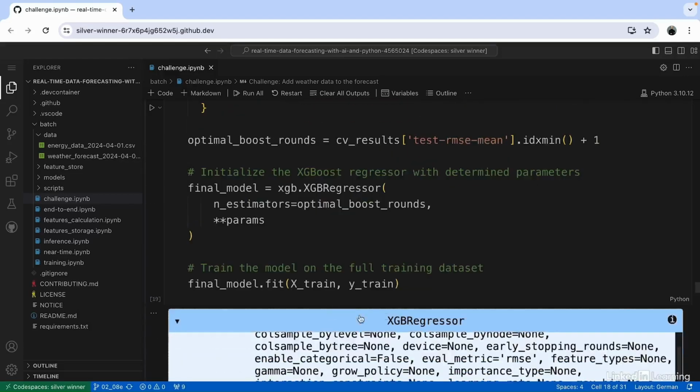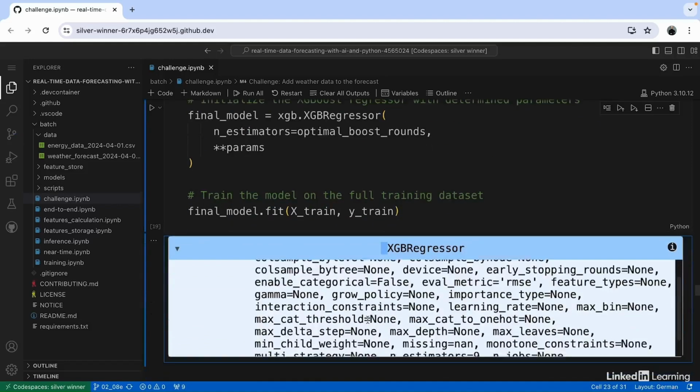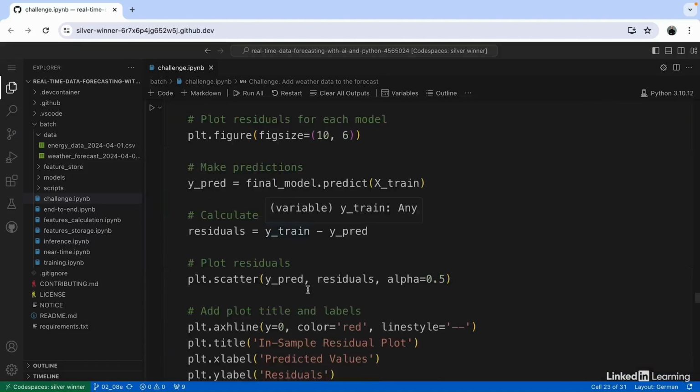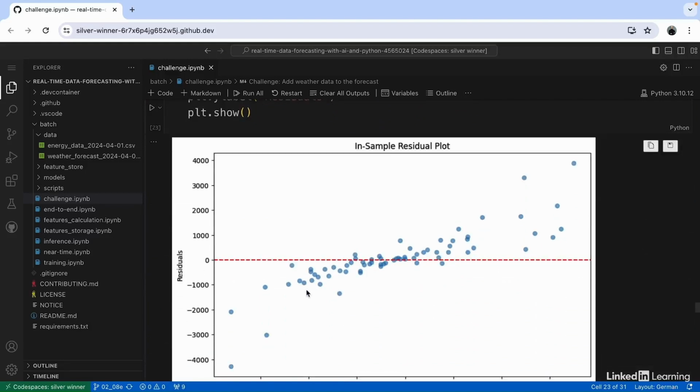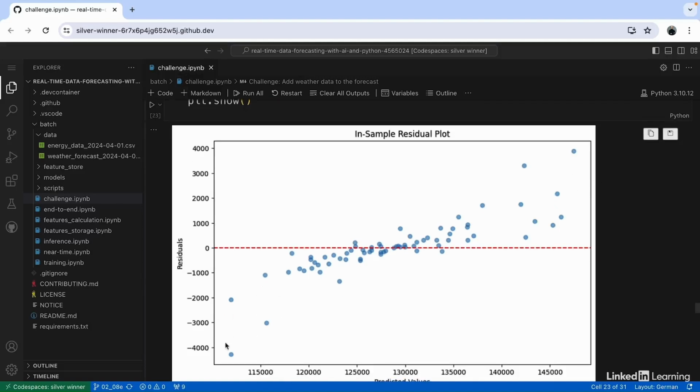And as a result, we would get this XGBoost regressor model. And let's take a look at the residuals. So when we take a look at the residual plots, you can see this graphic here. And this really shows us that now we have this trend where the model over predicts higher values and